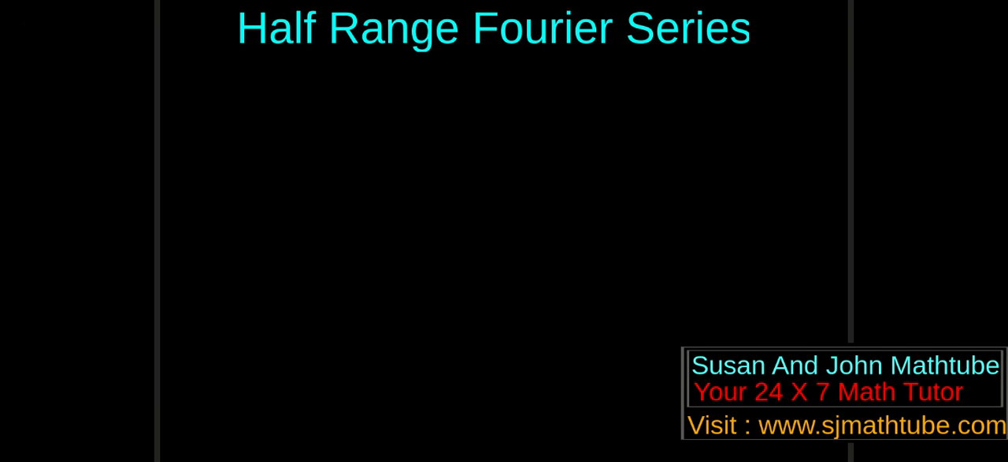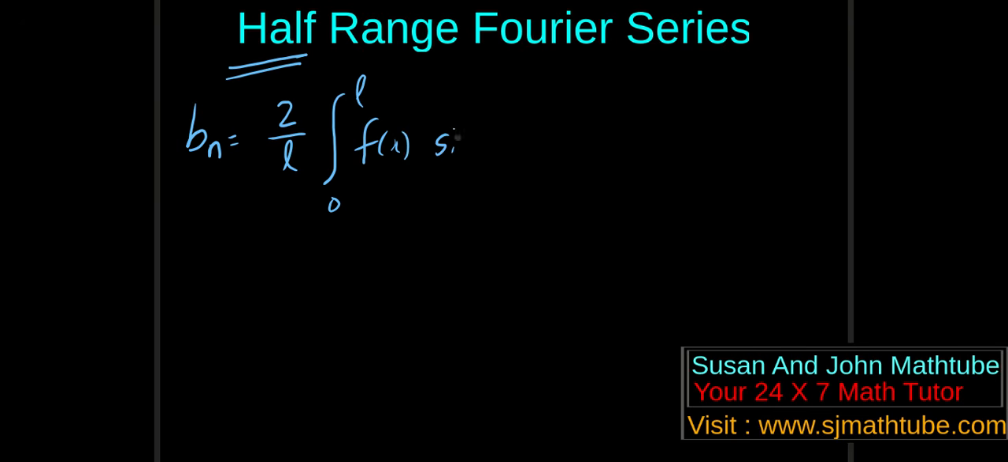Okay. Now let's write bn. It's 2 by L. In half range, it is always 2 by L. Integral 0 to L f of x sine n pi x by L dx. Now let's substitute the value of pi and f of x. So you get 2 by pi integral 0 to pi, f of x is e to the power 2x, and